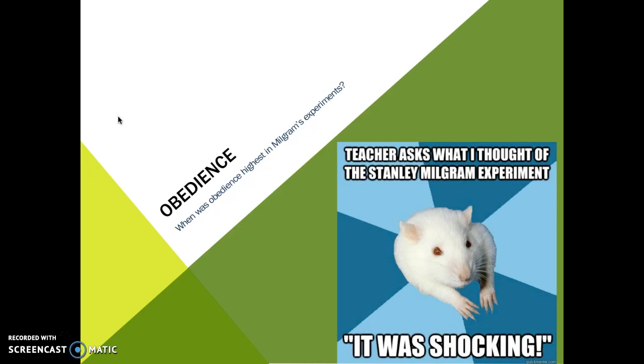And then the learner would go off across a partition from you, so you wouldn't be able to see them, but you could hear them, right? And you'd sit down at a board, and you would begin to ask them questions in this word association test. And they would push a button in the other room to signal what they thought the answer was. And if they gave the incorrect answer, as you can imagine from this meme over here,